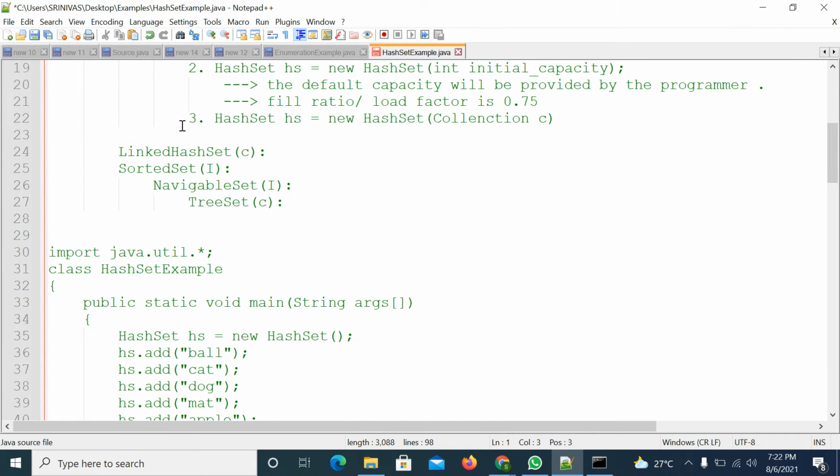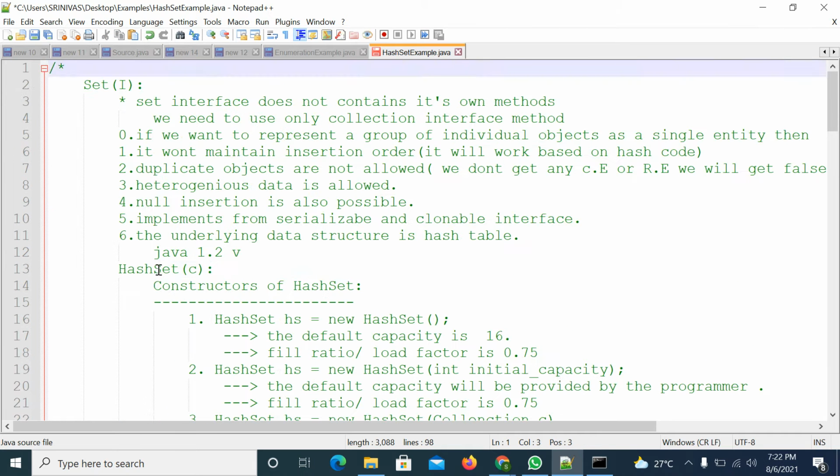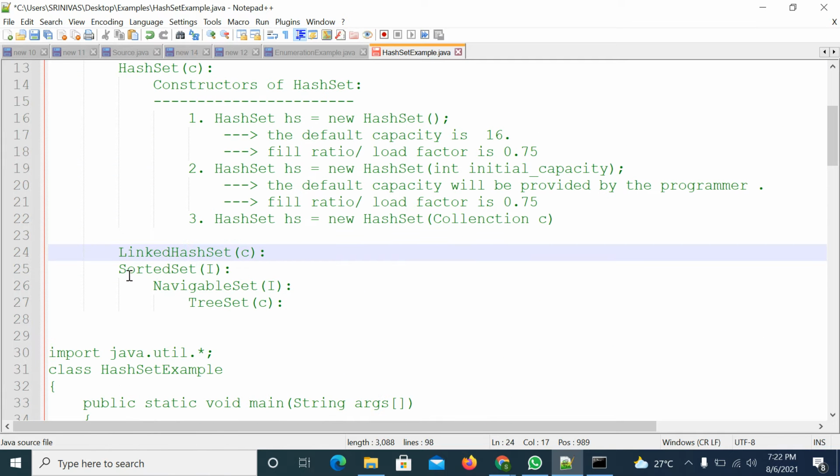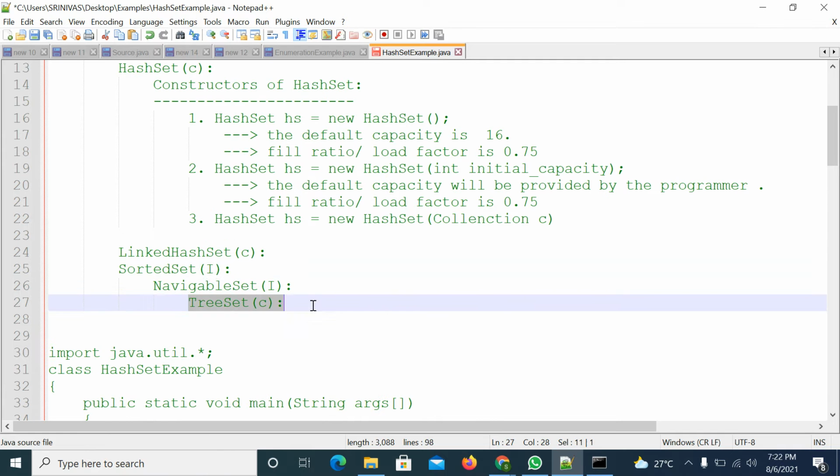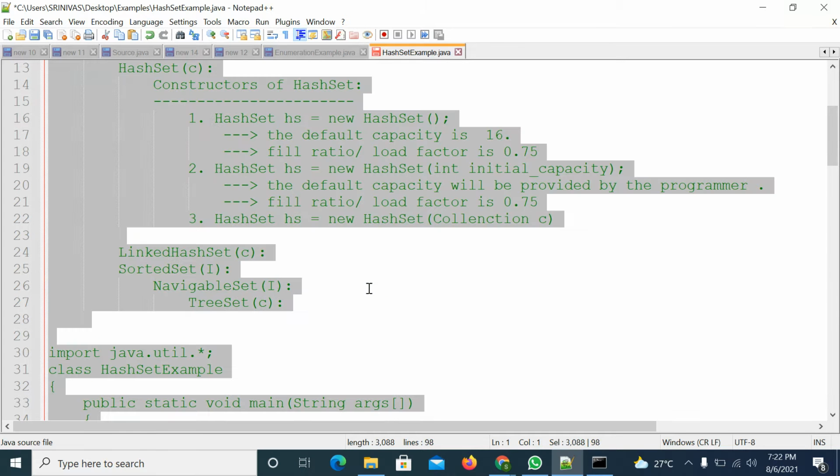In the Set interface, we discussed HashSet first, and we completed LinkedHashSet also. We will see what is the SortedSet, NavigableSet and TreeSet. As of now, we can take this code.